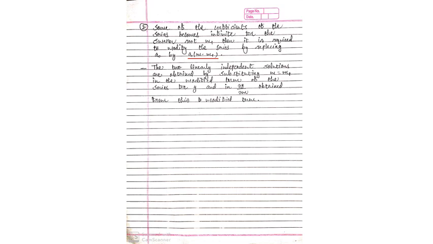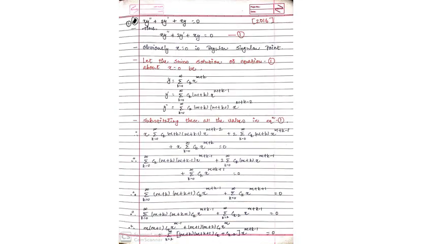Then after you have to substitute m equals m1, and then you have to find y with respect to m derivative. Okay, so let's start with the example now. The question is, find the series solution of xy double dash plus 2y dash plus 6y equals 0 by using the Frobenius method or else by using singular points.